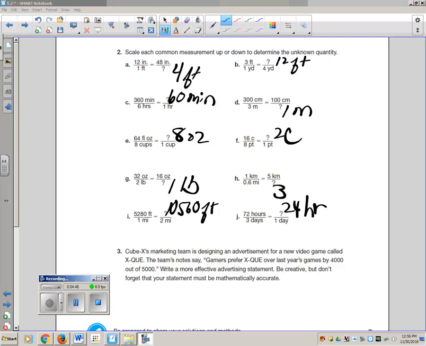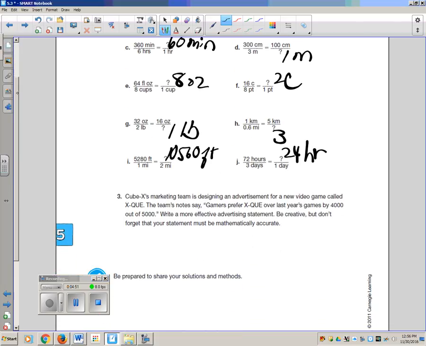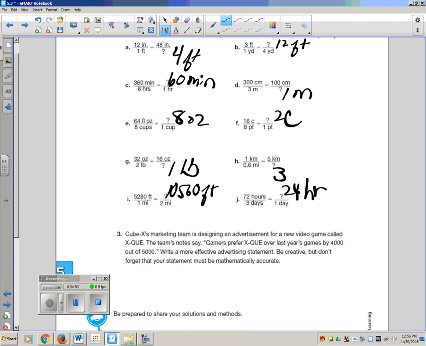All right, so hopefully you practiced. The answers are right there in front of you. If you have questions, be sure to ask. Pretty easy section, just basically making equivalent fractions. We'll be getting into